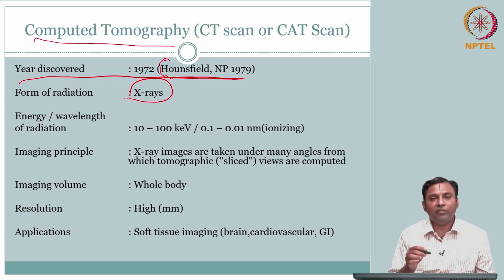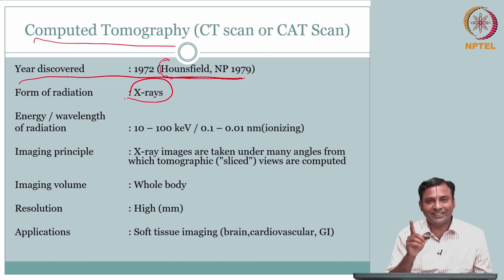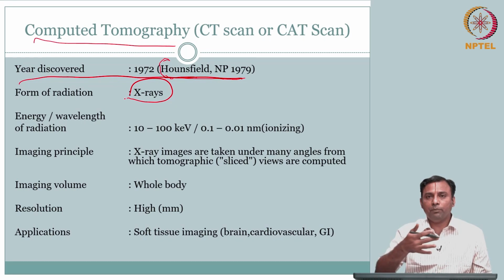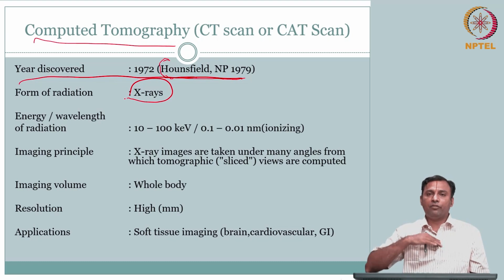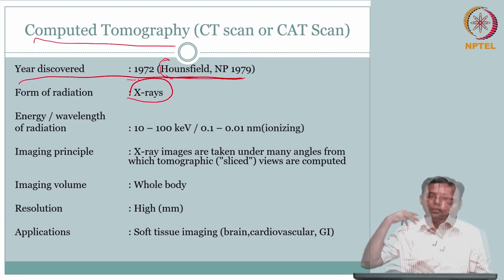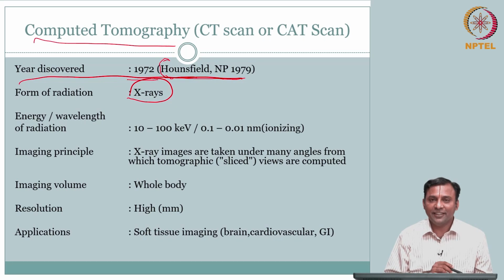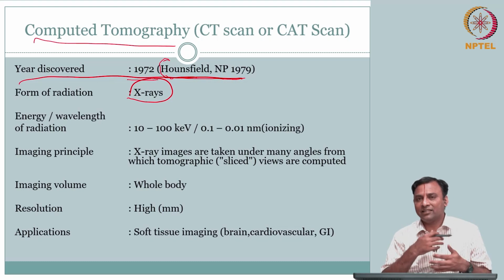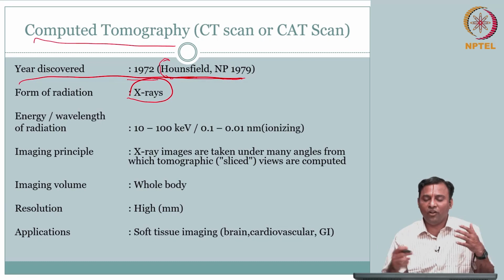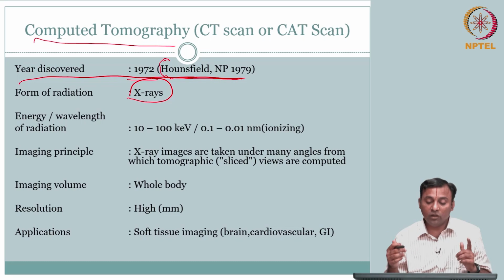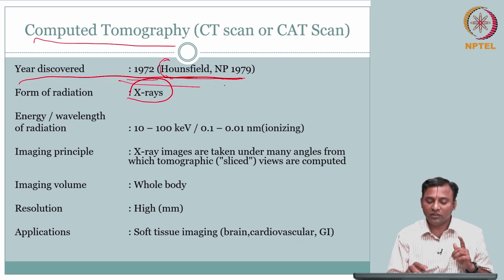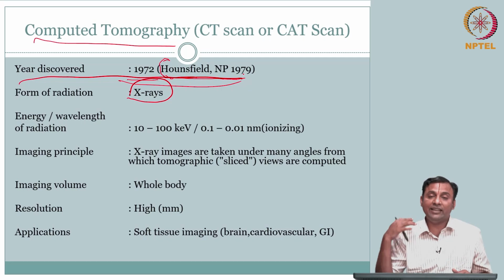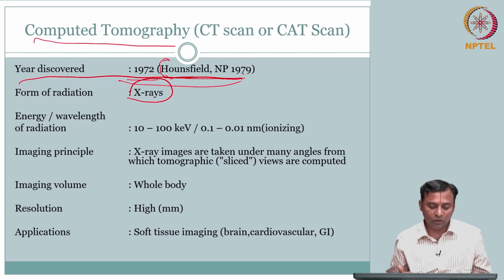Again, the form of radiation is X-ray, which was there from before. But what was the challenge when Roentgen did it? It was only projection radiography. You couldn't see the slice through, what is there in the front, what is there in the back. You don't know. Everything is projected. It took a cool 75-80 years to take that physics, how it interacts, how much is attenuated, what the medium property is, all this nice theory. But it took 70-75 years before they were able to put all the pieces together and say, here is a practical way I could get the slice image, the tomograph.